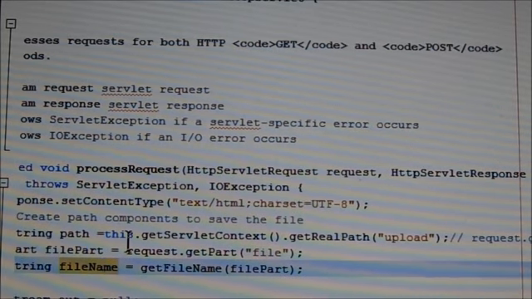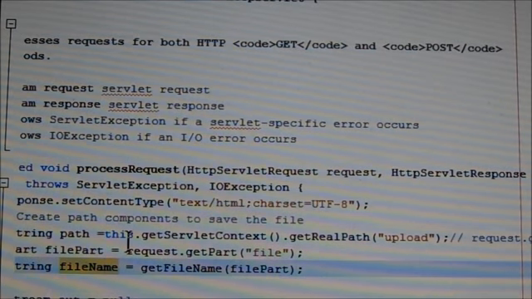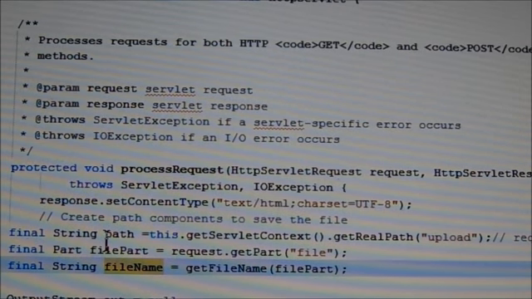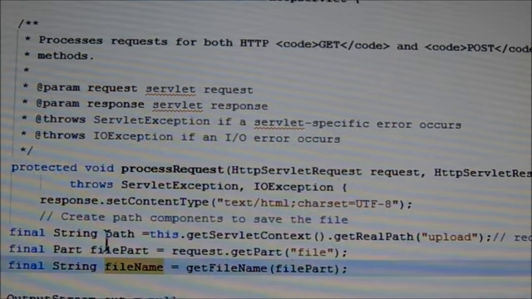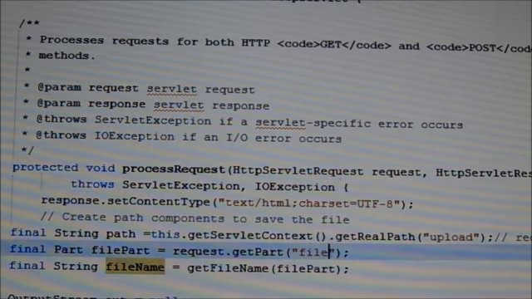Here upload is a folder into which the file is uploaded, and we select a Part variable, final Part equal to request dot getPart. Here file is the name.